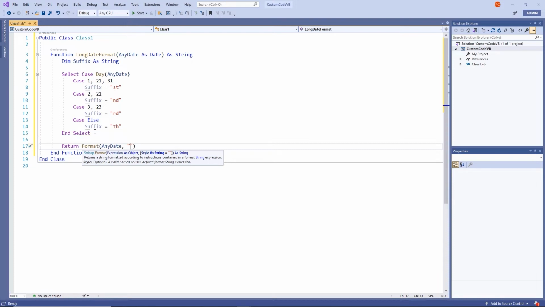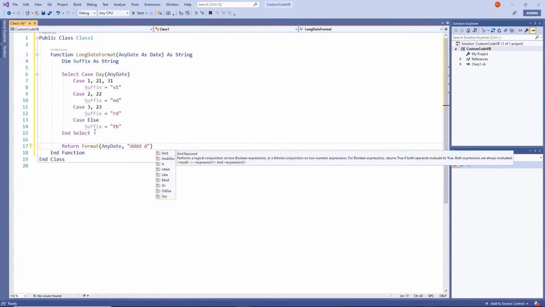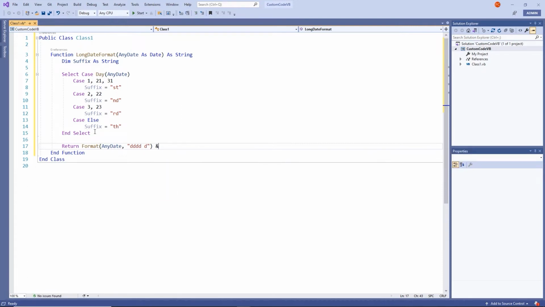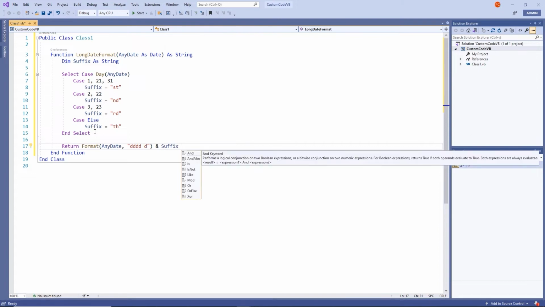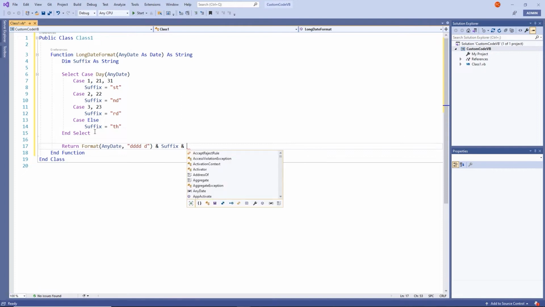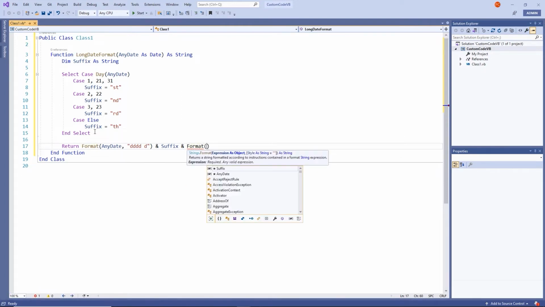You're going to type 4 small letter D's, space, and then a single small letter D, and then come outside of the parentheses, type an ampersand, and then suffix, space, ampersand, and then format, in parentheses, any date,